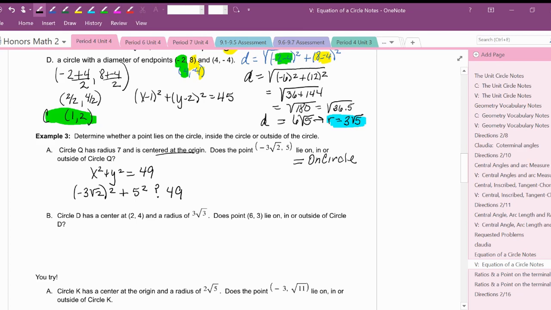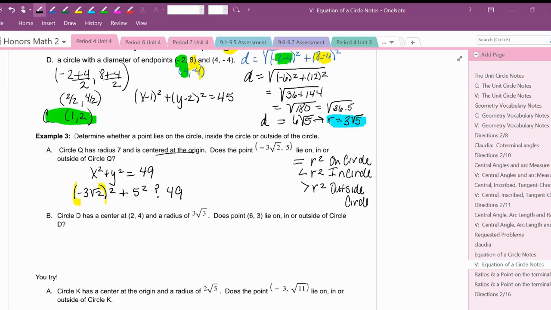If we get that the point has less than our r squared, so we're less than r squared, maybe I'll write that too, equal r squared, on the circle. Less than r squared, we'd be in the circle because we wouldn't have enough to get to the distance of a radius, right, to get to the end of the circle. If it's greater than r squared, then we're outside of the circle. We went beyond the radius squared. Again, it's super important that you put this in your